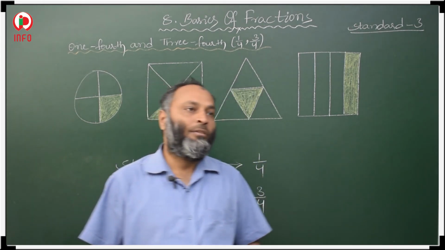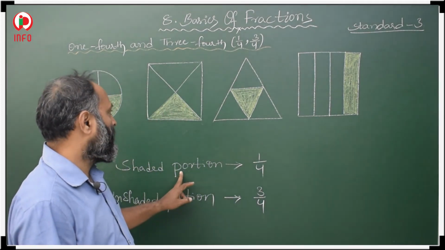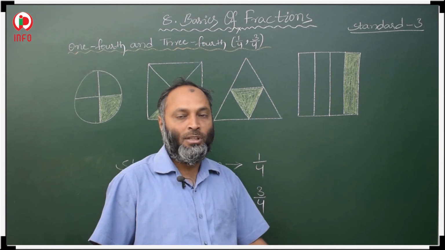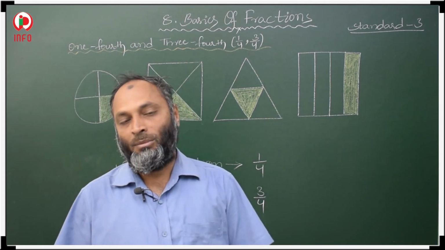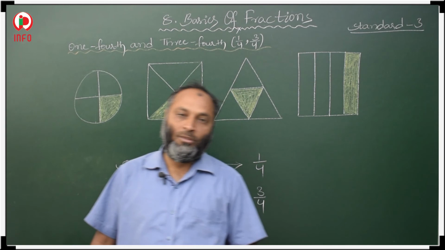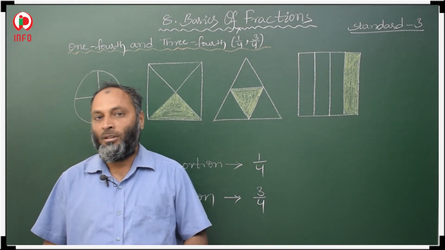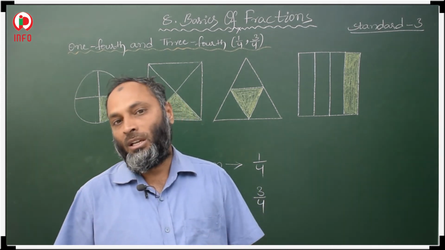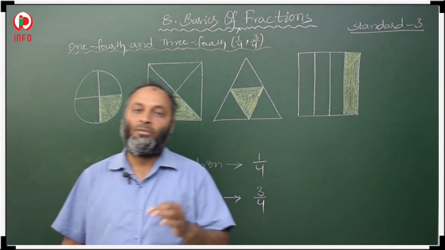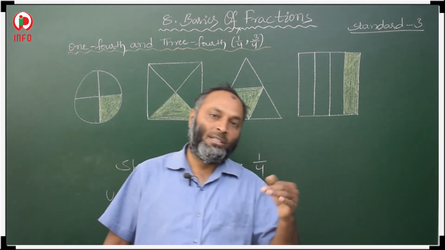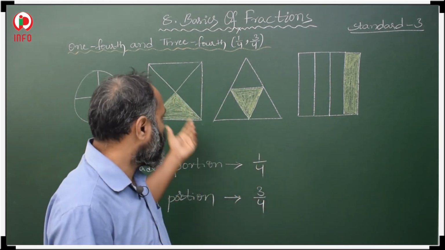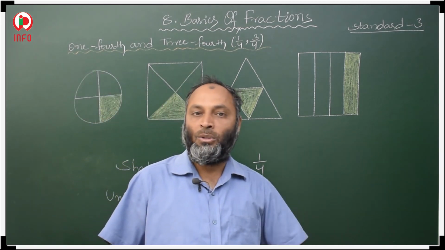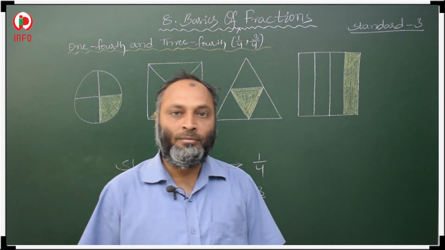In the same way, 1/4 means 1 by 4. So 3/4 means 3 by 4. 1/2 means 1 by 2. So 1/3 is 1 by 3, 2/3 is 2 by 3. Okay. These are the representations of fractions, how to write these fractions. So this is the explanation: how to write 1/4 and 3/4, 1/3 and 2/3, 1/2. Okay.